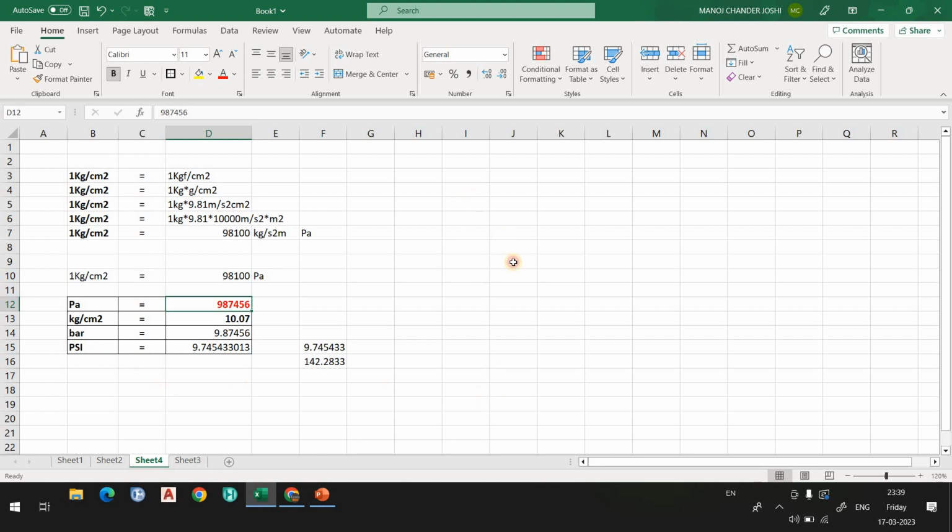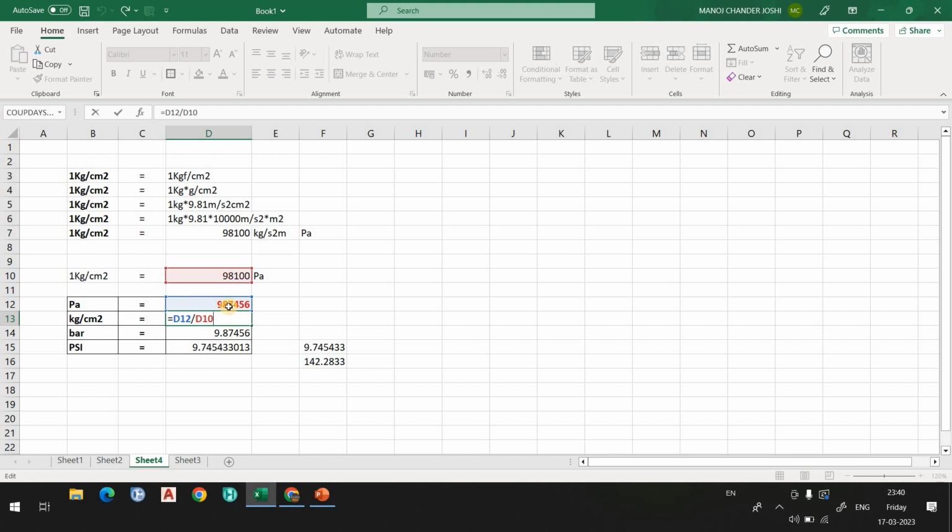Okay, now you could simply make one Excel sheet here. I am going to tell you how you have to make that Excel sheet. So this is the value of the pressure which is already here. Now how have I converted that value into kg per centimeter square? So simply this is your Pascal. What I have done here is just divide that value. Just double click here, so you will see that I have divided this value by this value.